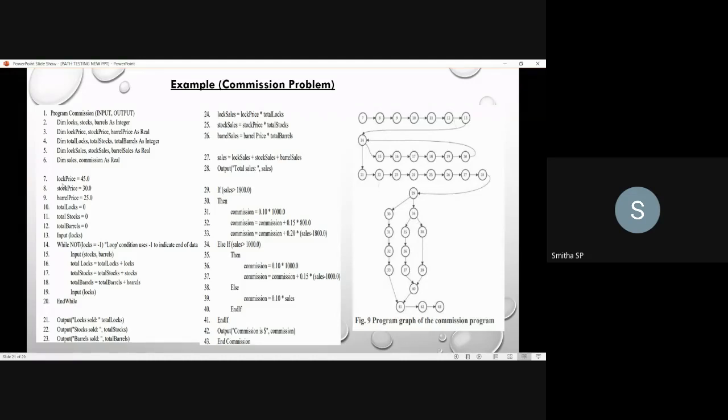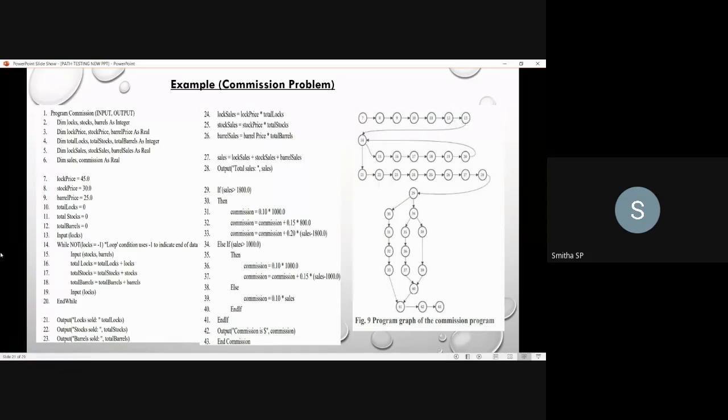Coming to line number 13, you are asking for input, that is, you input the logs value. So there is a sequence from node 7 to node 13. It is a sequence control flow, represented through edges from the 7th node to the 13th node.